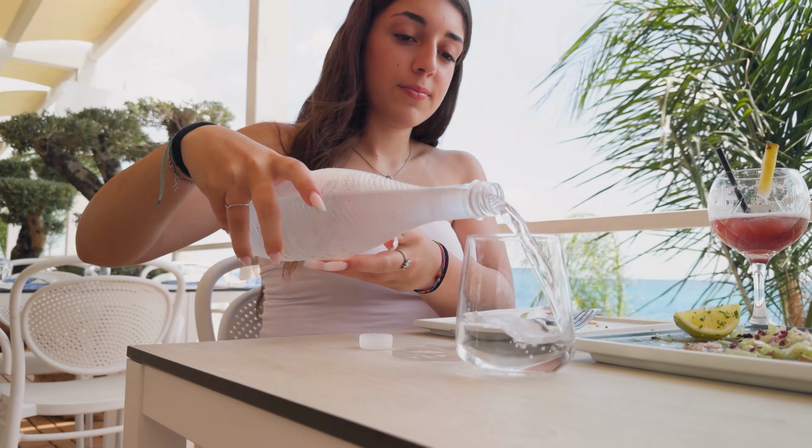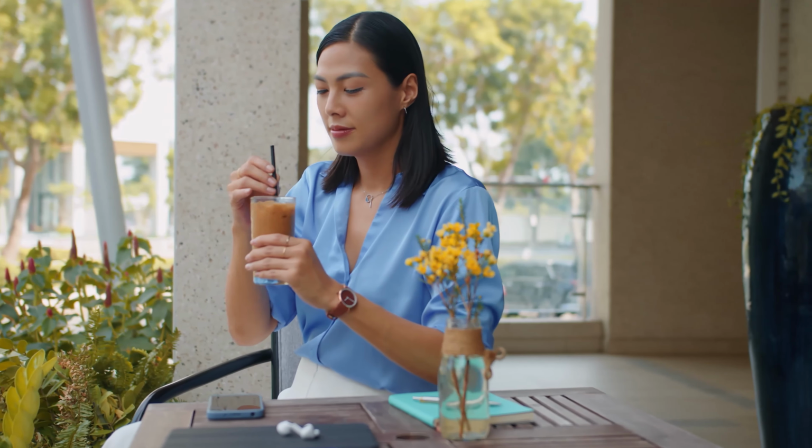You drink from a tumbler every day. Coffee on the commute, water on your desk, iced coffee between meetings. So why does your bottle feel like an afterthought? A great everyday tumbler does more than just hold liquid. It keeps your drinks the right temperature, fits in your cup holder, doesn't leak, and honestly makes the little moments